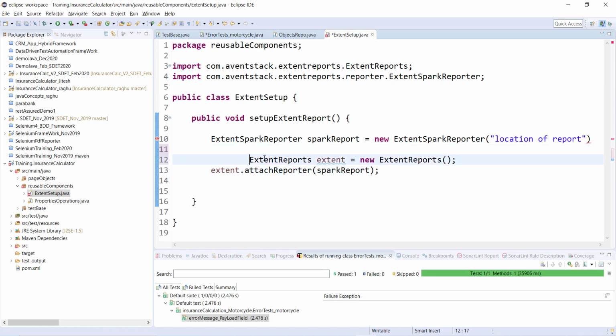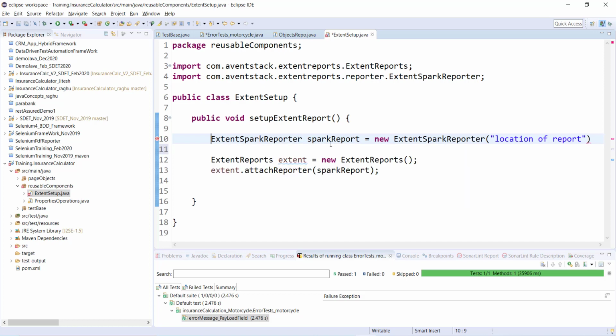The very first thing is we have created the object of the ExtentReports class. Then to that object we have attached the reporter. A reporter list is present on their website, and out of that I have picked one of the reporters. I don't know why it is not listed in that particular list, but let's see if it works. Since I'm seeing this class, it should work. Since I'm using it from the start, I have picked it.